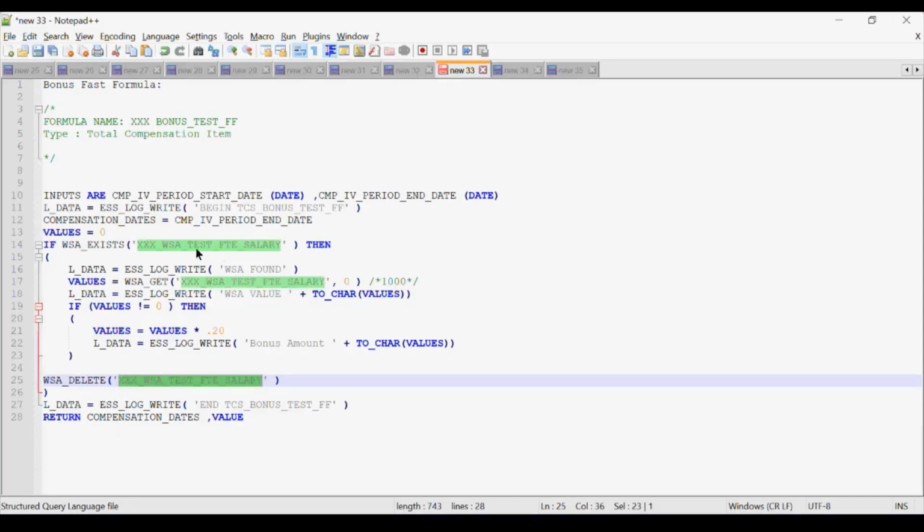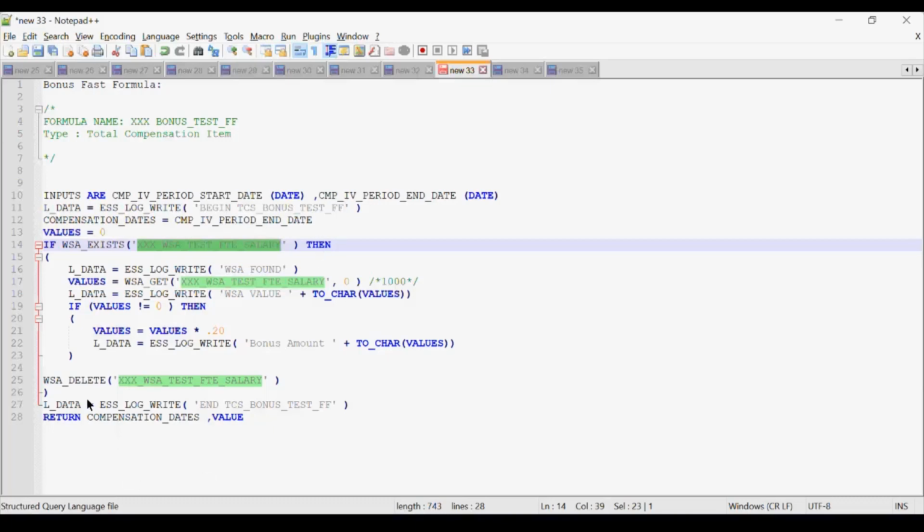Because you think that you created this variable name uniquely, but there are many developers who are trying to use WSA, and if they also create a WSA variable in a similar name format, then you might get an invalid result. When you execute your formula and someone is executing a different formula, and this variable already exists, then you might get different or false results.